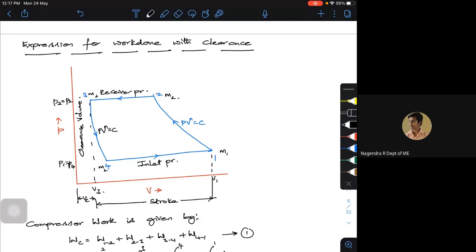Now, this is the amount of mass which is there inside. At each and every given point I can write M2, M2. So now if you look at it, it is M1 because this is the mass of air that goes in. So M1 at 1, M1 at 2, M2 at 3 and M2 at 4, because these are the exit points, and these are my inlet points or entry points.